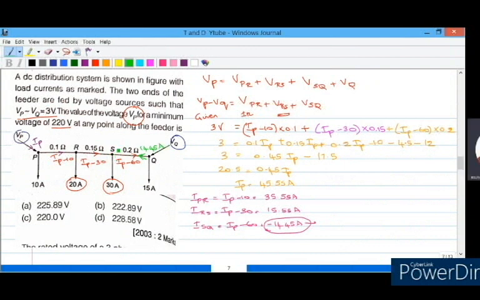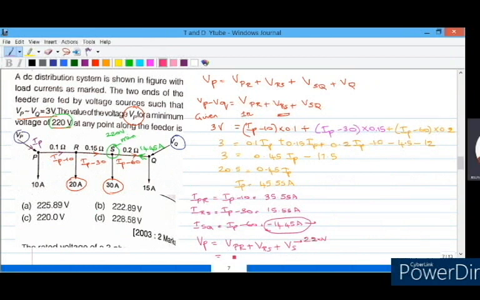So here we can conclude that point S is the minimum potential point, and they have given the answer as 220 volt. The voltage at S is 220 volt. They didn't give the actual point, but they have given the value that the minimum potential is 220 volt. Now, as the direction of current is reversed here, we conclude that point S is the minimum potential. So now we need to find what is VP. How to find VP? Again we can write it as VPR plus VRS plus VS, where VS is known as 220 volt.